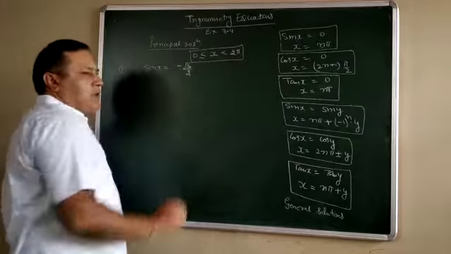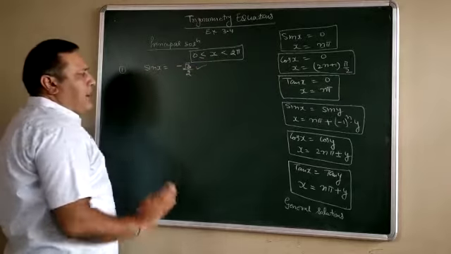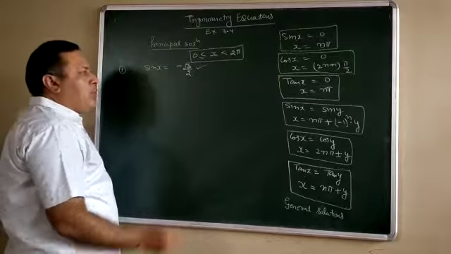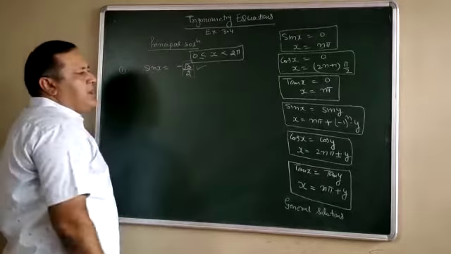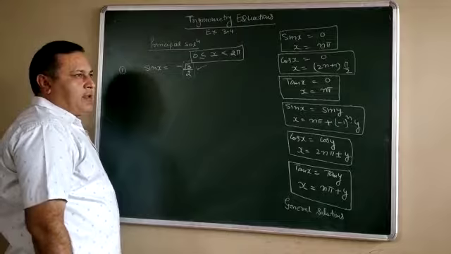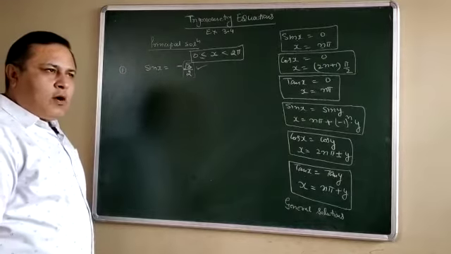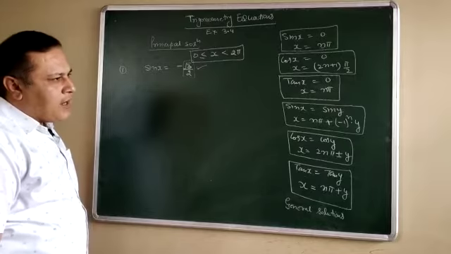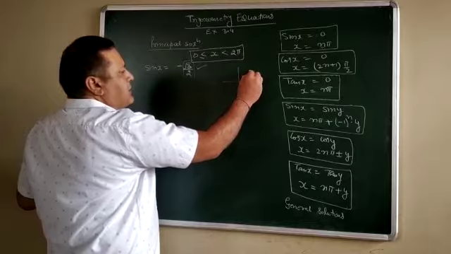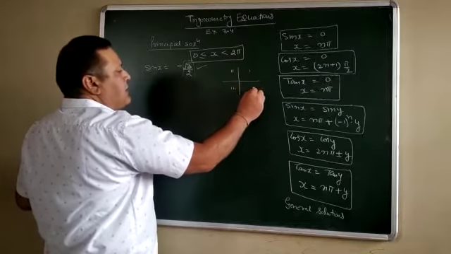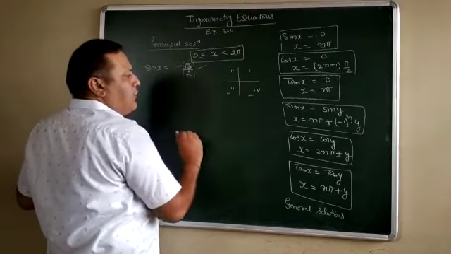Now, let us discuss one example along with that. Sin x is equal to minus root 3 by 2. It is given to you. We know root 3 by 2 in the case of sine occurs at 60 degree. But this is negative, and sine is negative in the third quadrant as well as in the fourth quadrant. Here the first quadrant, second, third, fourth, and sine theta is negative in the third and fourth quadrants.